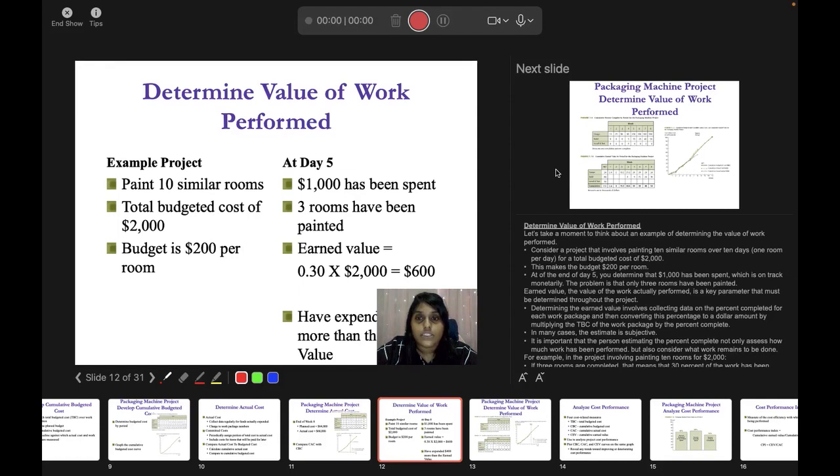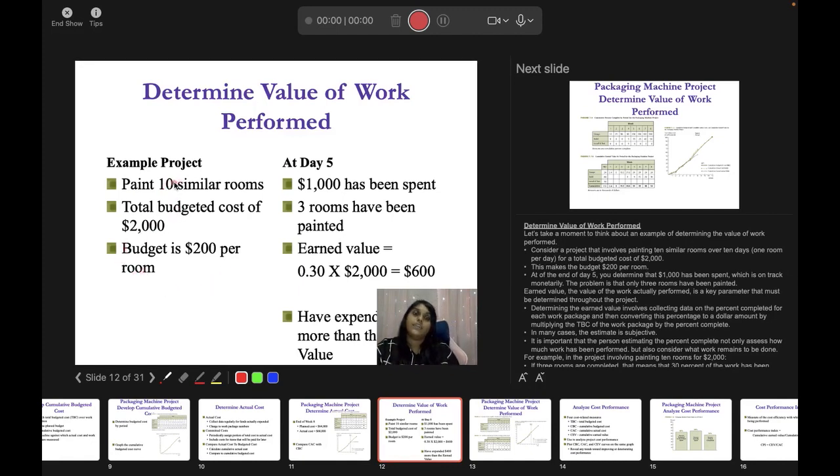So earned value is the value of the work actually performed, a key parameter that must be determined throughout the project, right? So now the example is that you have a project to paint 10 rooms. Okay, the rooms are similar in size, similar in design and all that. So you are going to paint 10 similar rooms. Okay, and the total budget is 2000 for 10 rooms. Okay, that means that the budget is 200 per room,